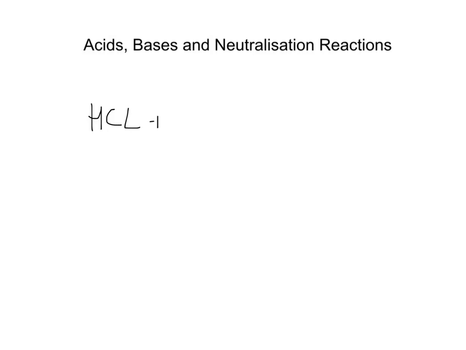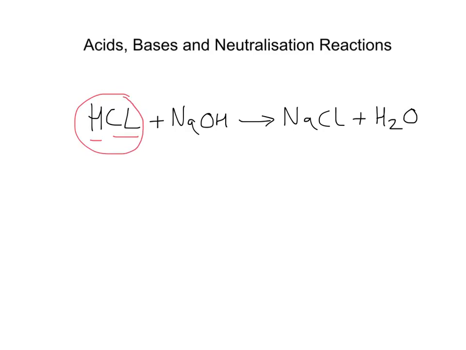HCl plus NaOH gives NaCl plus H2O. Now this is one equation that I give to my students and I say, just have a look at this and tell me what it is that you can see. What can you learn from just looking at this one equation? And you can pick up on points that we've got hydrogen here, chlorine here to make an HCl, which is an acid. You've got Na, which is sodium, and OH, which is a hydroxide, and that is sodium hydroxide, and